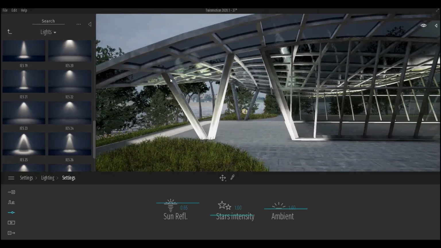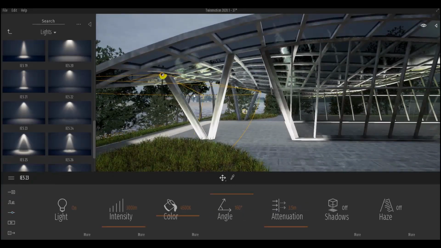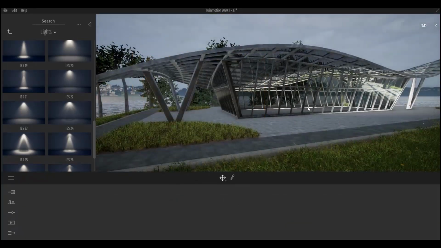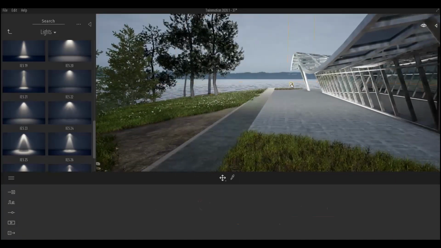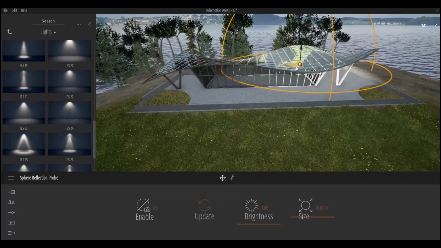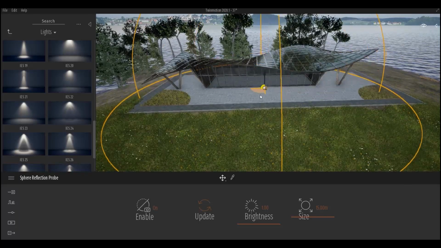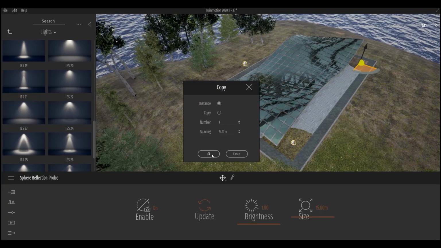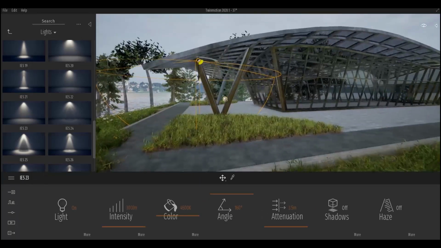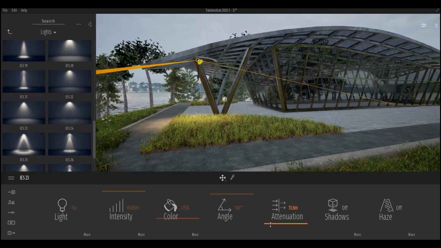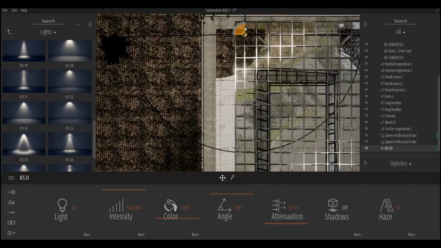We have spotlights here. I placed this one onto the ceiling. We placed this rectangle prop, but for this setup, I decided to change it to a spherical prop. I copied this around the building. Since I changed the intensity of the exposure, I needed to increase the light intensity of the spotlight. I changed the color to a warm tone, yellowish color, then as you can see turning shadows didn't affect it too much.